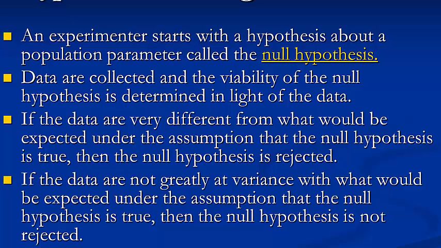If we were going on to test a hypothesis in our study, there are various steps that you have to follow. We usually start with a hypothesis about the population called the null hypothesis, and usually this is the hypothesis that we want to show is false. Then what we do is collect data and assess the viability of the null hypothesis in the light of the data that we've collected. If the data are very different from what would be expected under the assumption that the null hypothesis is true, then we reject the null hypothesis. However, if the data are not greatly different from what we'd expect under the null hypothesis, then we cannot reject